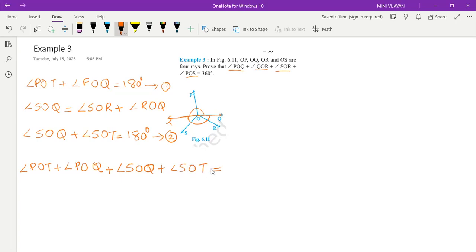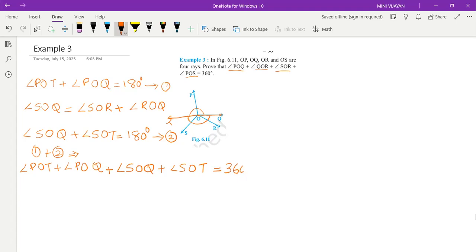Here the LHS are added. Now I have to add the RHS of these equations, which is 180 plus 180,